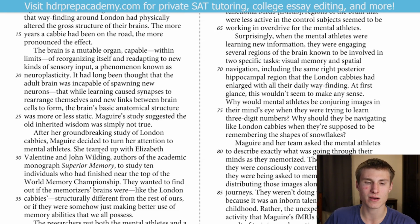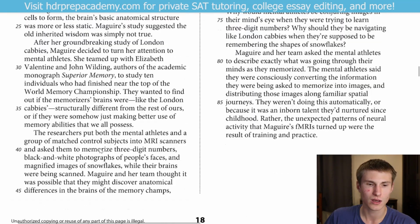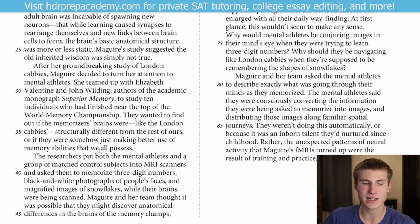They wanted to find out if the memorizers' brains were like the London cabbies, structurally different from the rest of ours, or if they somehow were just making better use of the memory abilities that we all possess. The researchers put both the mental athletes and a group of matched control subjects into MRI scanners and asked them to memorize 3-digit numbers, black and white photographs of people's faces, and magnified images of snowflakes, while their brains were